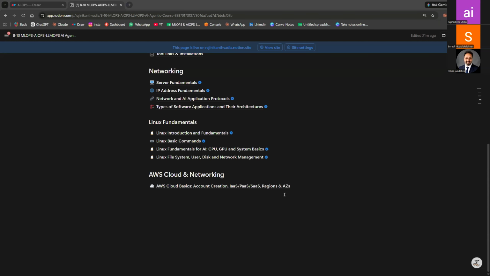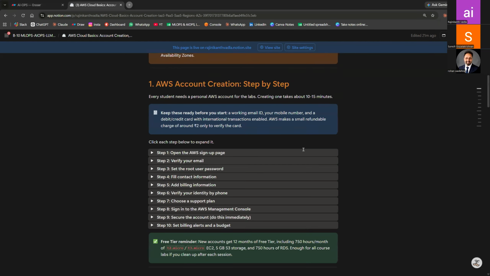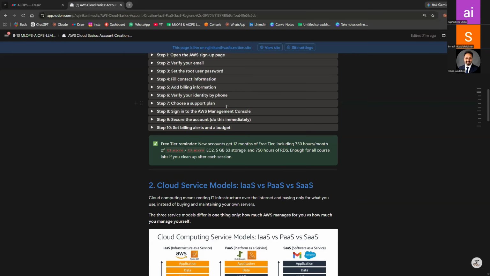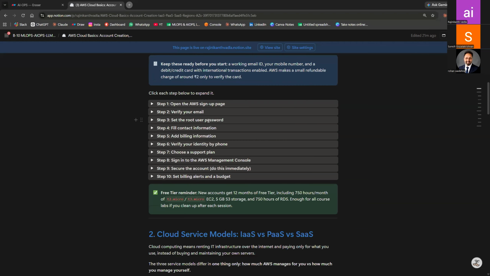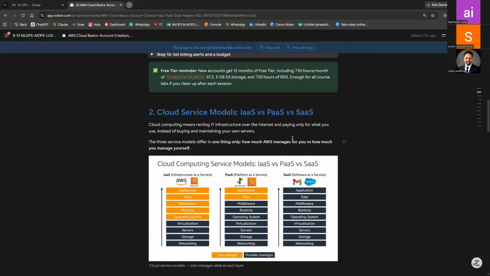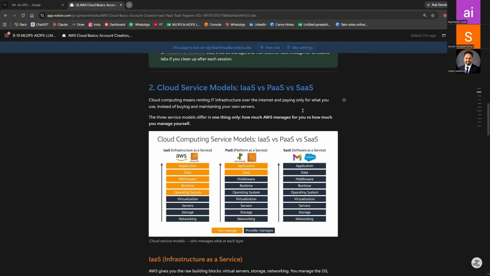So here I already added steps. If you open these notes, you'll be able to see each step, like step 1, step 2, step 3, step 4, step 5, and some information about the cloud. We discussed yesterday who manages which layer.